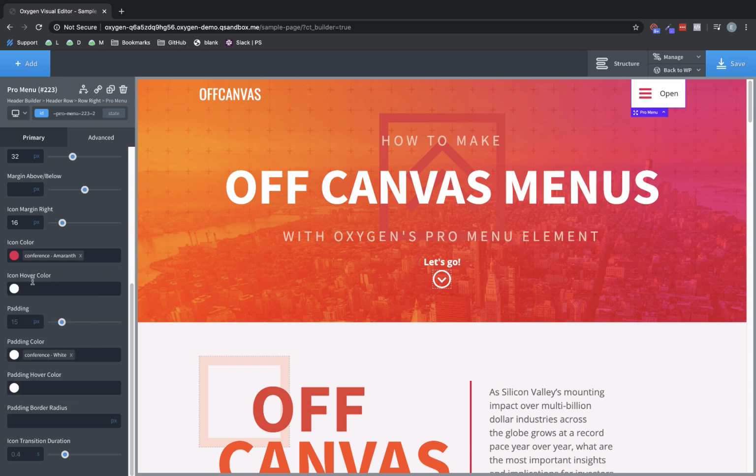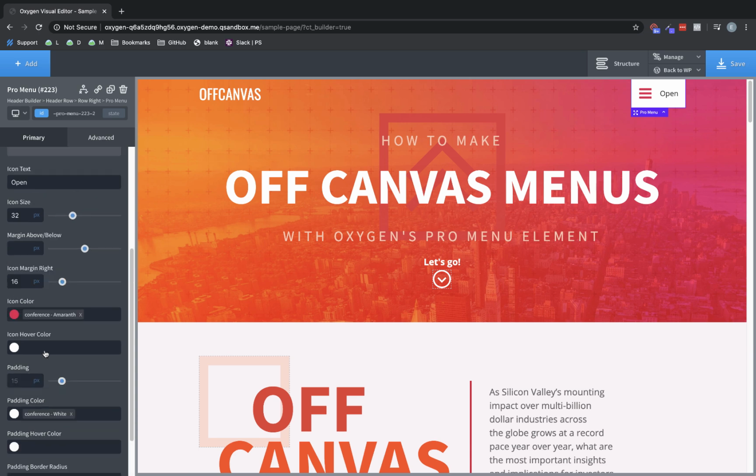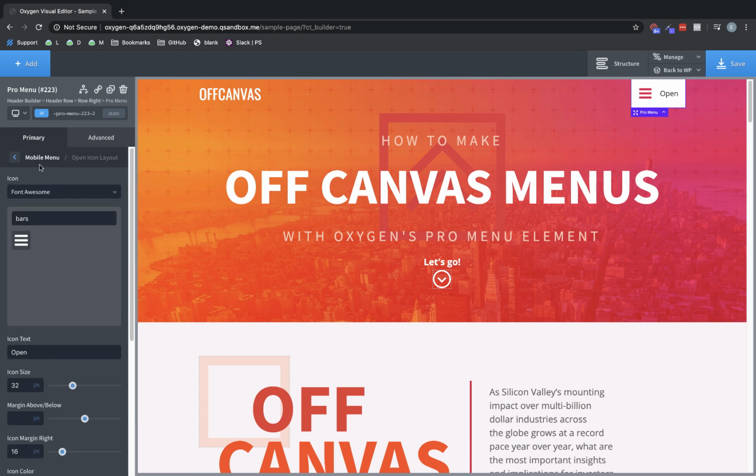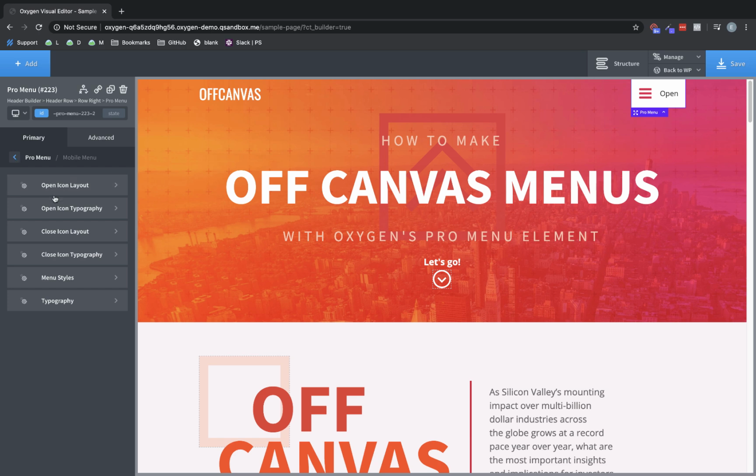And then we won't change it on hover. The text we actually will change here in a minute. Padding, hover color, we won't change. We can change the border radius here and the transition duration, but for this setup, we do not need to. So let's jump back up here, and we're going to go to the next section, which is going to be